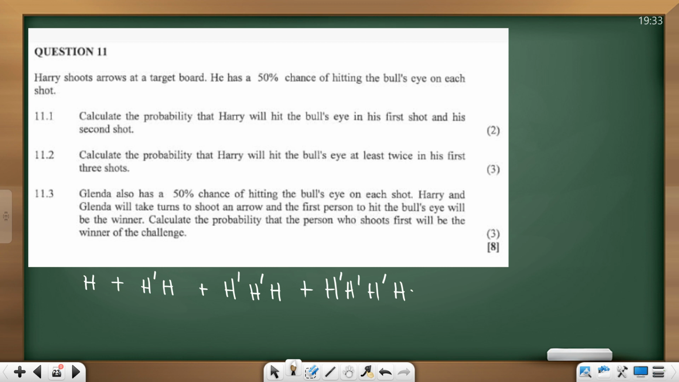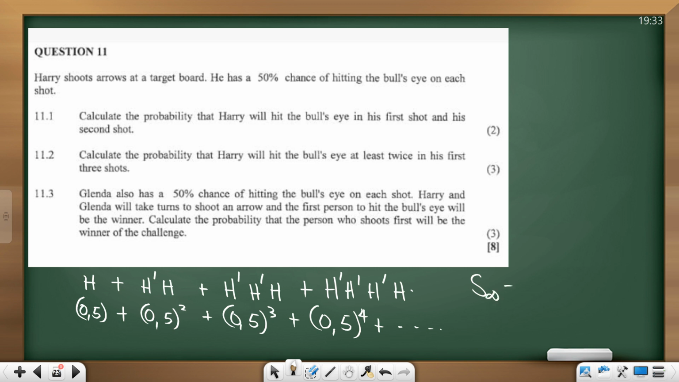All of these possibilities are 50% each, right? So what is this? 0.5 plus 0.5 squared plus 0.5 cubed plus, are you seeing a pattern? It's a geometric pattern. And that can continue until infinity. So basically, S infinity is A over 1 minus r